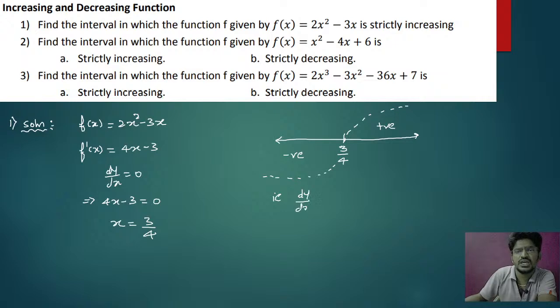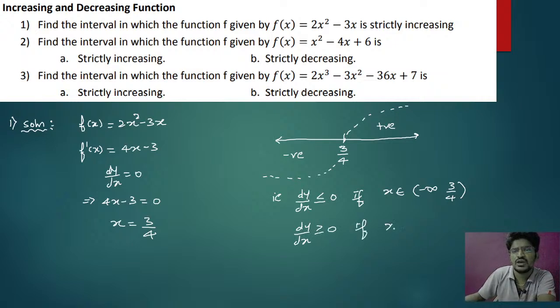dy by dx is lesser than or equal to 0 if x belongs to open interval minus infinity to 3 by 4. Clear? Next, dy by dx is greater than or equal to 0 if x belongs to 3 by 4 to positive infinity. Okay. So therefore you can write it as strictly